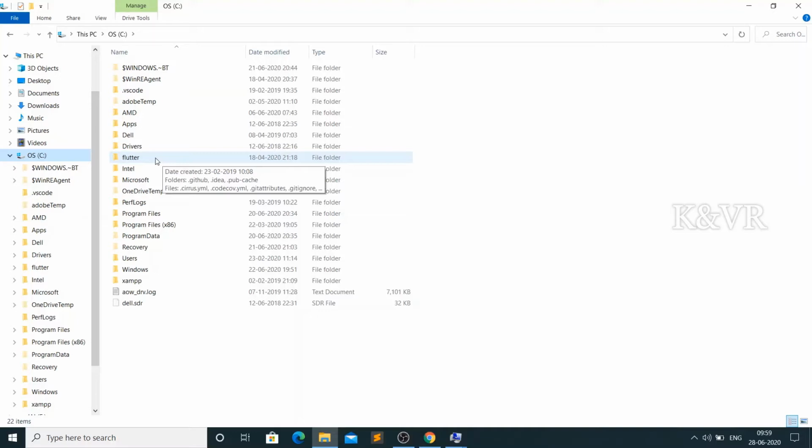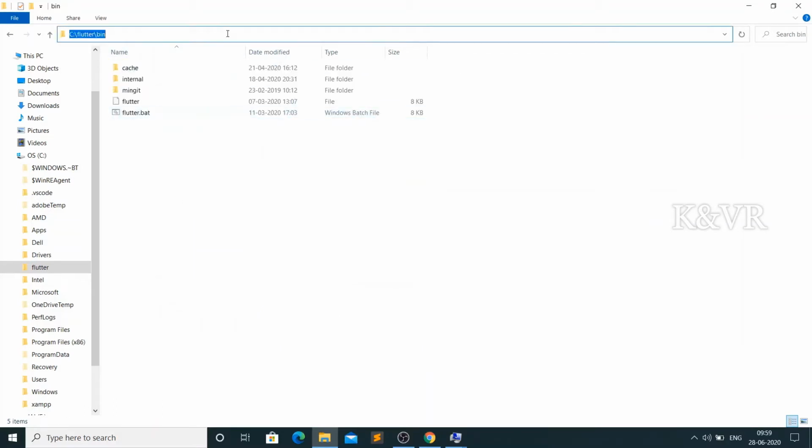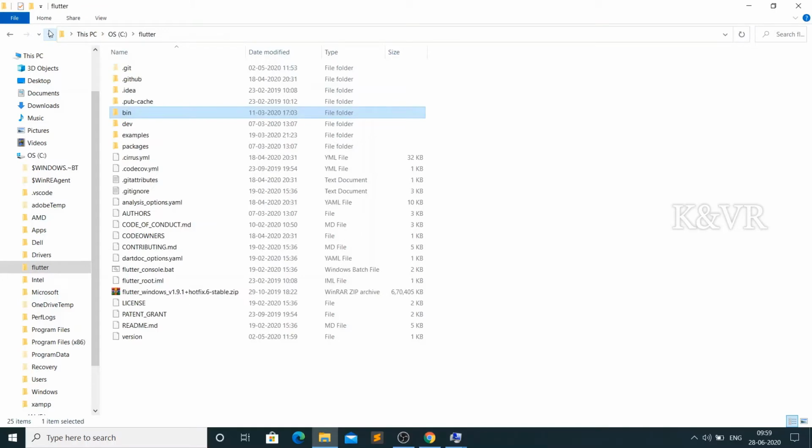You can unzip that file and later open the Flutter folder and open that. Just open the bin folder and then copy the path, Control C, and go to the environment section.